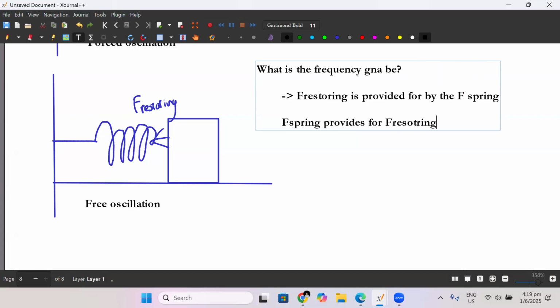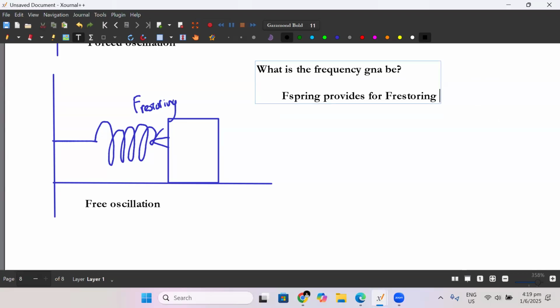It's familiar to you. In circular motion, you always did this also. So same idea here. F spring provides for F restoring, so we can do it like this: F spring equals F restoring. And then Kx